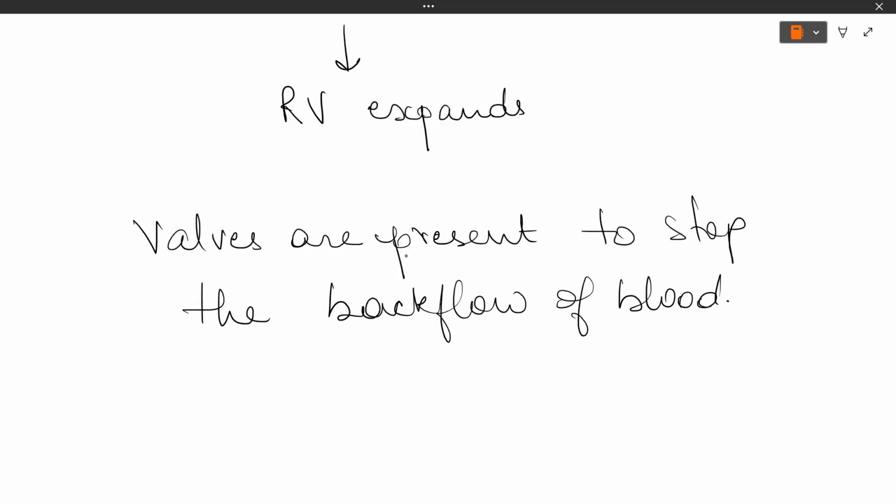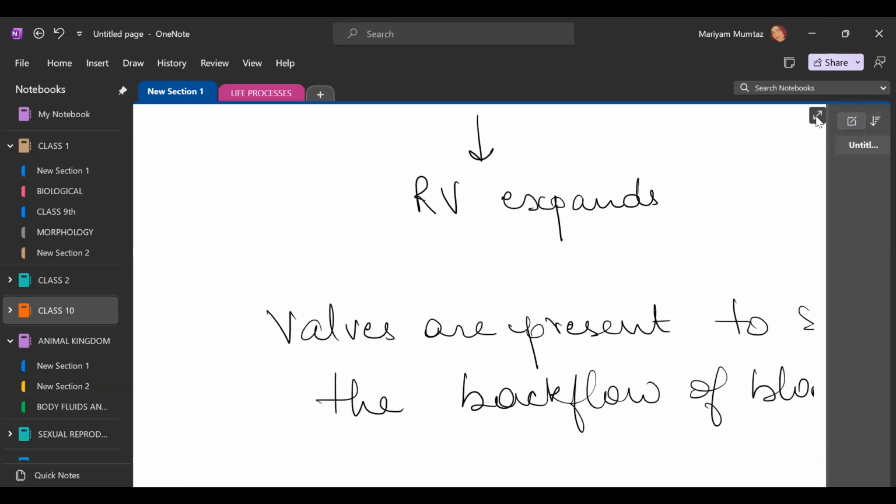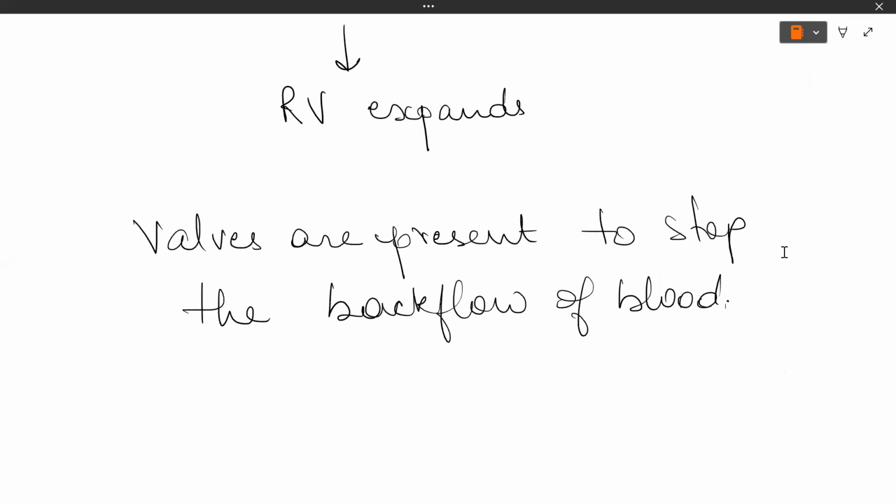Now, let us talk about what happens on the lung side. In the lungs, oxygen is more in number as compared to carbon dioxide. As soon as the blood reaches the lungs, what happens there? The blood mixes with the oxygen and becomes oxygenated blood. Understood? That oxygenated blood is transported to the whole body. The oxygenated blood is finally transported to the whole body.